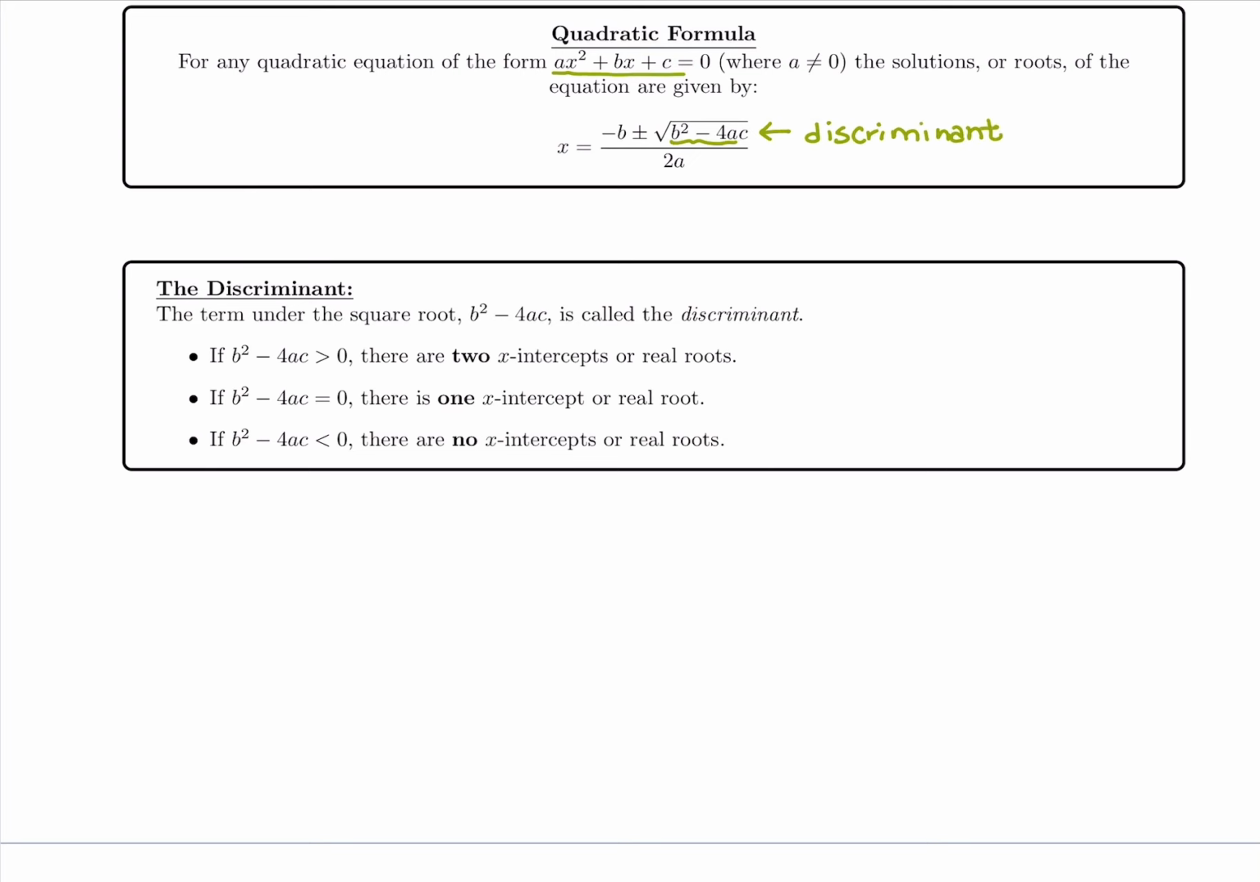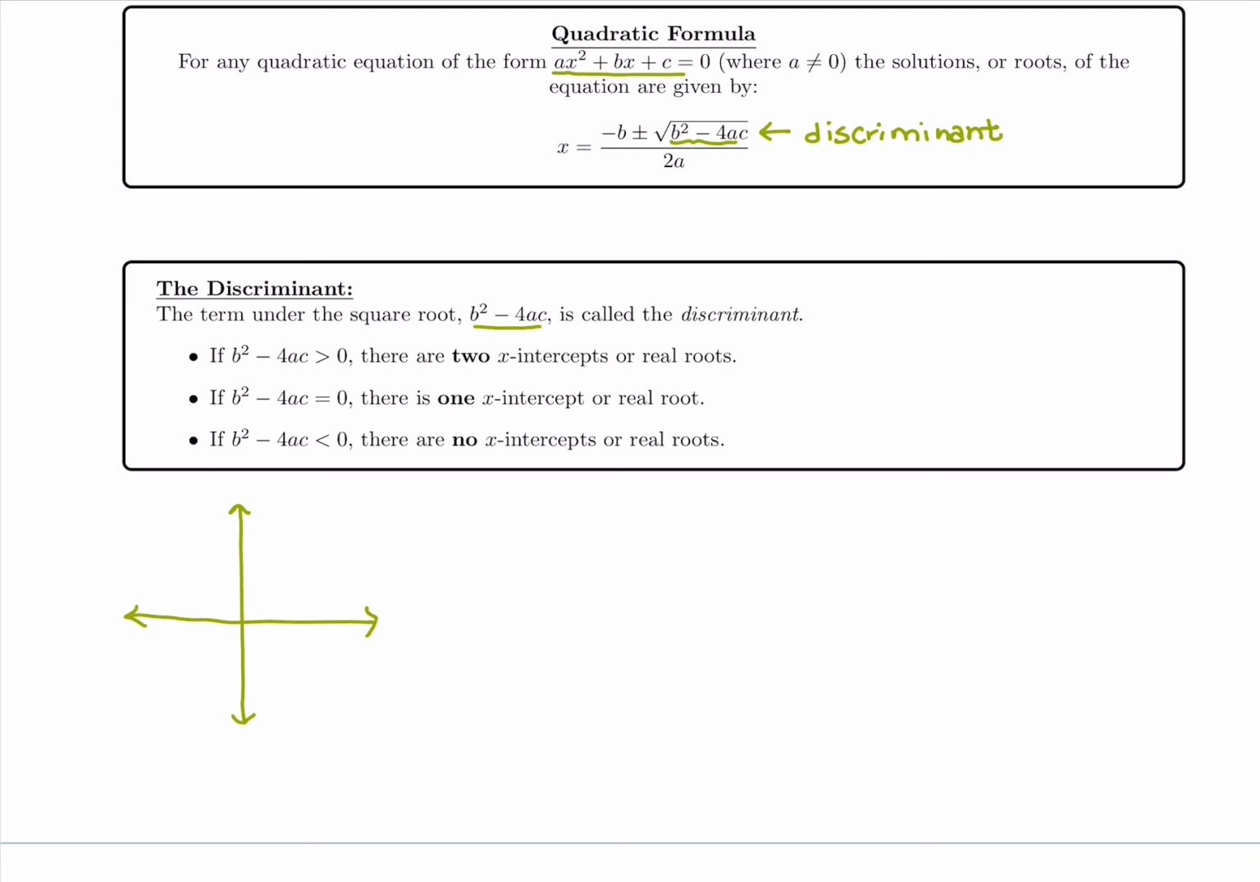This discriminant is important because plugging into just that b squared minus 4ac tells us how many x-intercepts or real roots or zeros the graph has. X-intercepts go by a lot of names. It tells us how many times we hit the x-axis. So if you think about a parabola, we have a couple different options for how many times it could hit